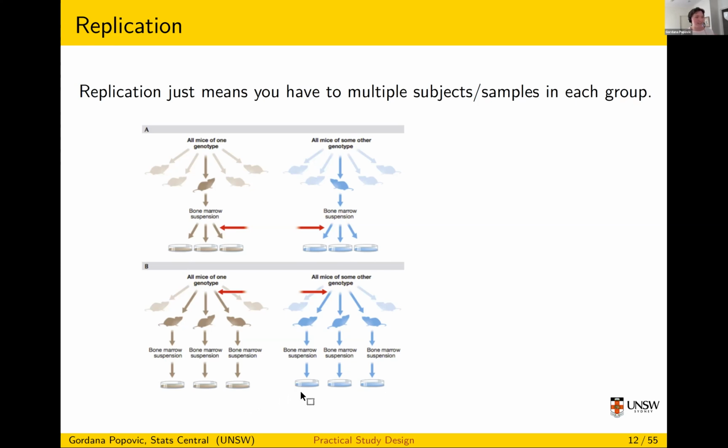And then I'm going to do a t-test or something. And if I do a t-test in this experiment, all I will be able to say is that this brown rat, this particular rat here, is different to this particular rat there. I won't be able to say that the brown rats are different to blue rats because each rat is different from each other rat. So I can't make that claim at all. So the replication is necessary so that now I have 3 brown rats and 3 blue rats, and I'm comparing these groups of blue rats and brown rats, and that makes me able to say that this is because of the treatment and not because these rats are different rats.